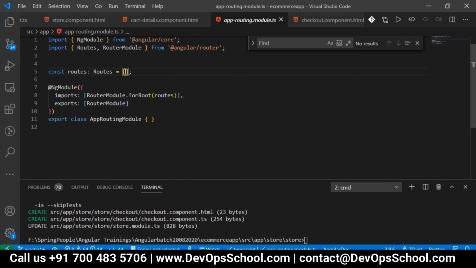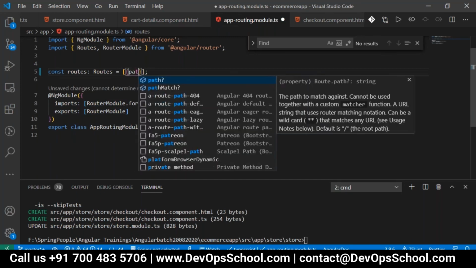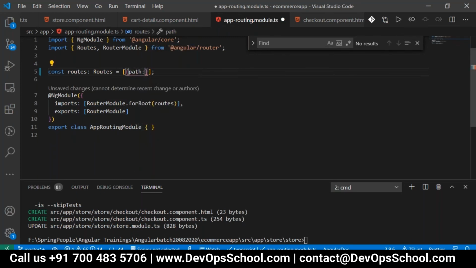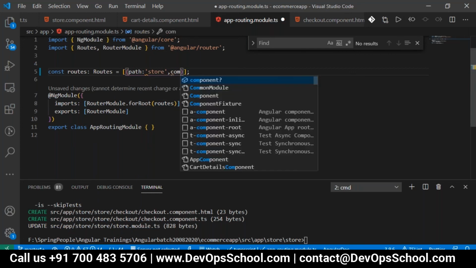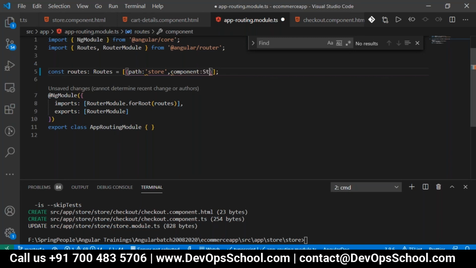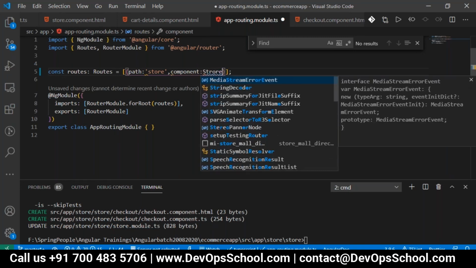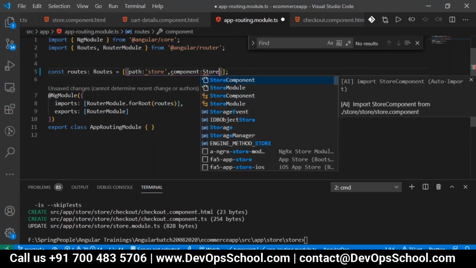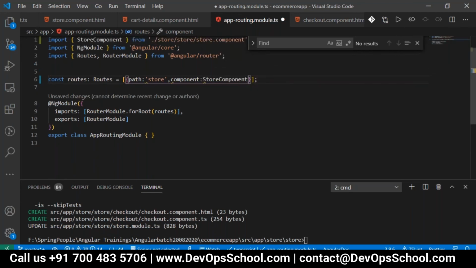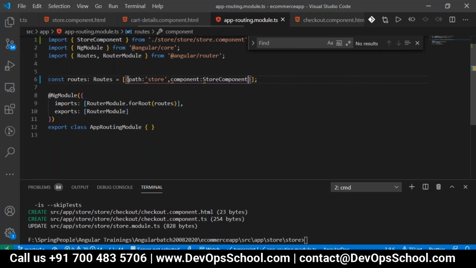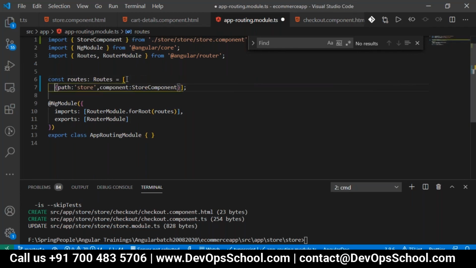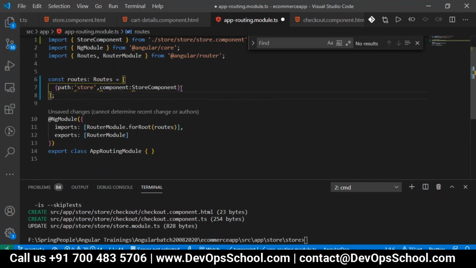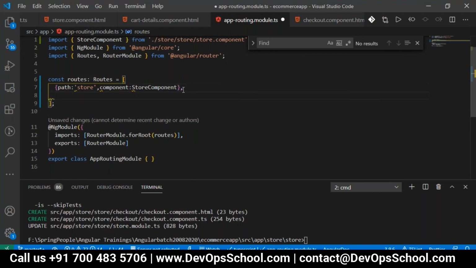We will give a routing for this, which is the path store. If it is a store, I want to get the component called store component. So if I give a path store, then it should be store.